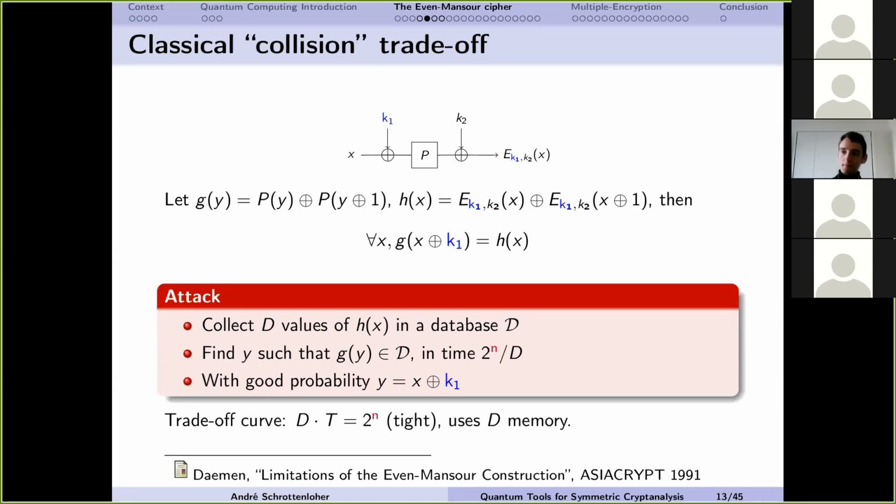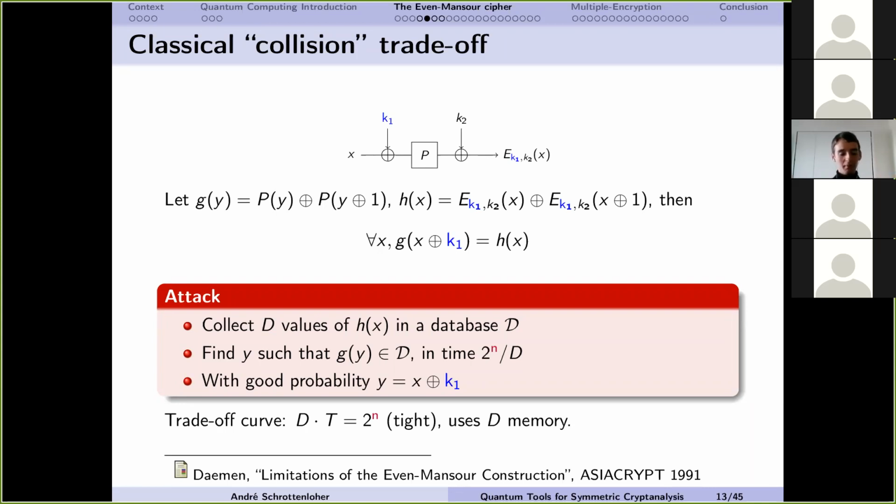making a difference between the queries that we make to the cipher part and the queries that we make to the permutation part. So we can say, for example, we can get rid of K2 by XORing the outputs with two values, x and x plus 1. And now we have two functions, one that contains queries to the cipher, let's say function h, and one that contains queries to the permutation, say the function j. And if we find a collision between these two functions,